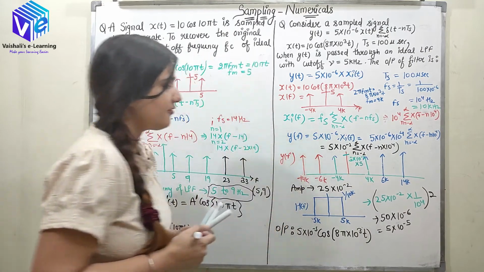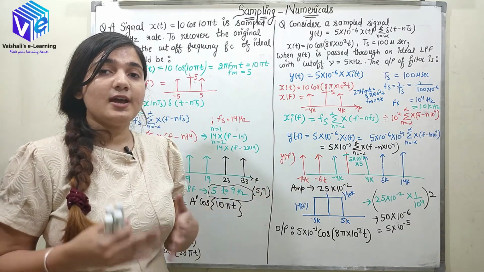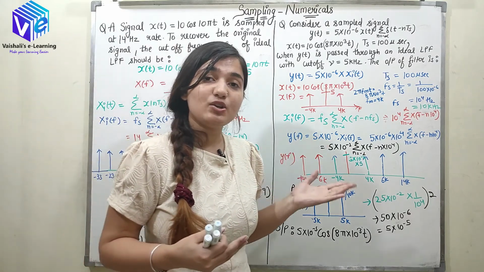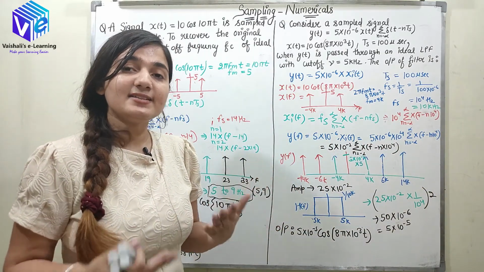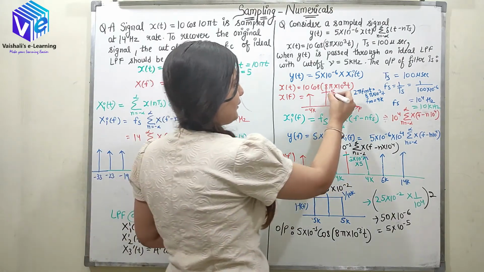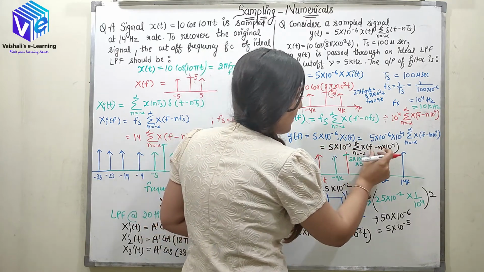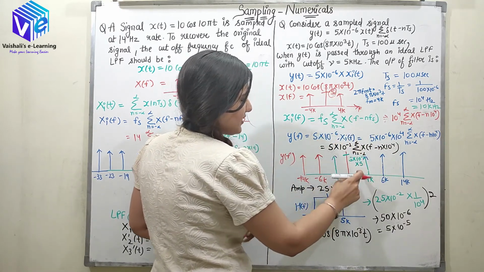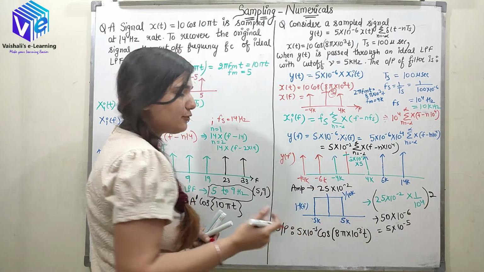Now with this Y(f), what I have done is I have sampled the output. I have taken the frequency components of the output and plotted them. Y is representing a sampled output. So now the sampled output has the amplitude. Here the amplitude was 5, so the output Y(f) is a function of 5 into X(f). X(f) was having amplitude 5, which is multiplied by 5 into 10 raised to power minus 2. So the amplitude of each impulse would be 5 into 10 raised to power minus 2 into 5, which is 25 into 10 raised to power minus 2.